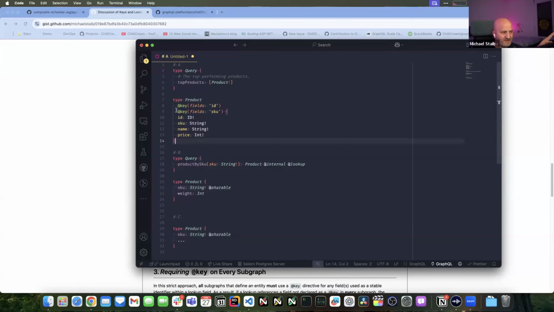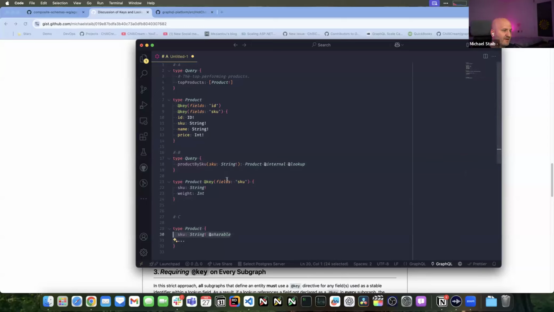Because I'm saying here this is a key, and we have here a lookup for it. Actually, let's clean it up a bit, because we would still have a warning now. So we would still have a warning because this subgraph that might not even have an SKU lookup has this as shareable.